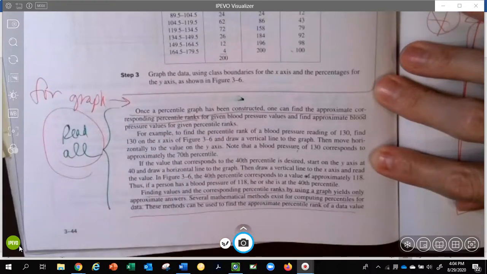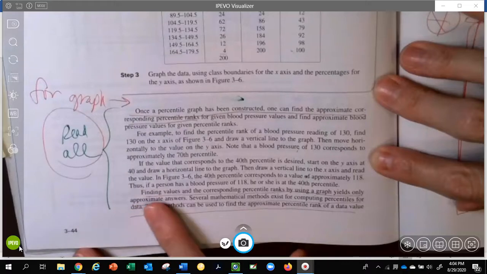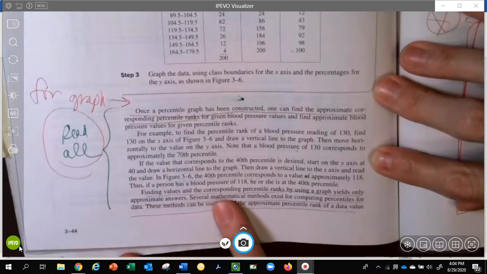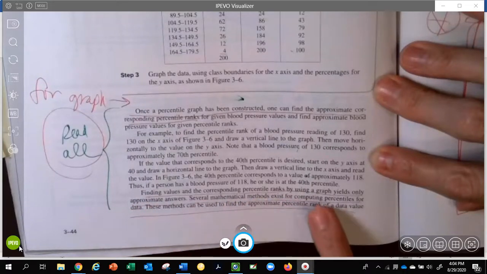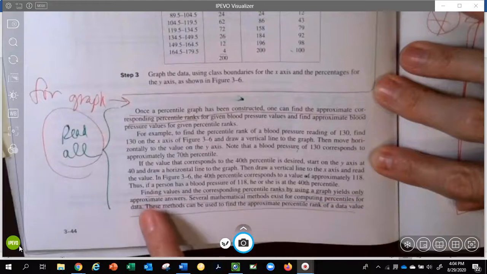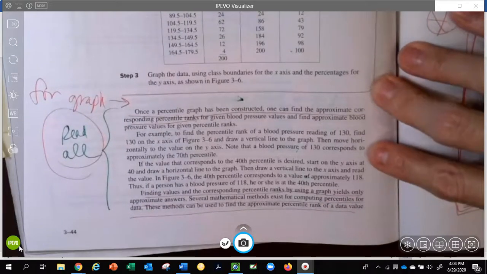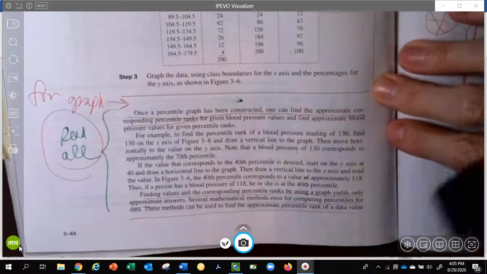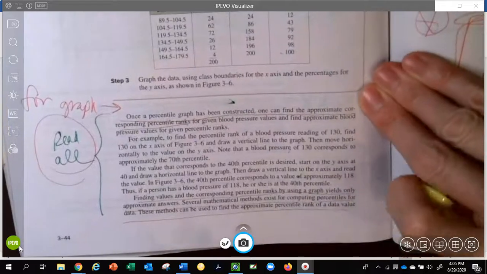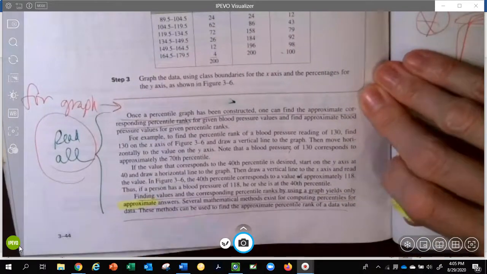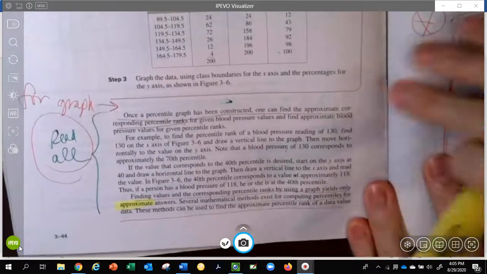So in this section of this chapter, you have looked at percentiles. I want to come back and look at the graph. Finding values in their corresponding percentile ranks by using a graph yields only approximate answers. So definitely highlight that, underline that. But this is a great question to ask on the test to see if you're really seeing and understanding an